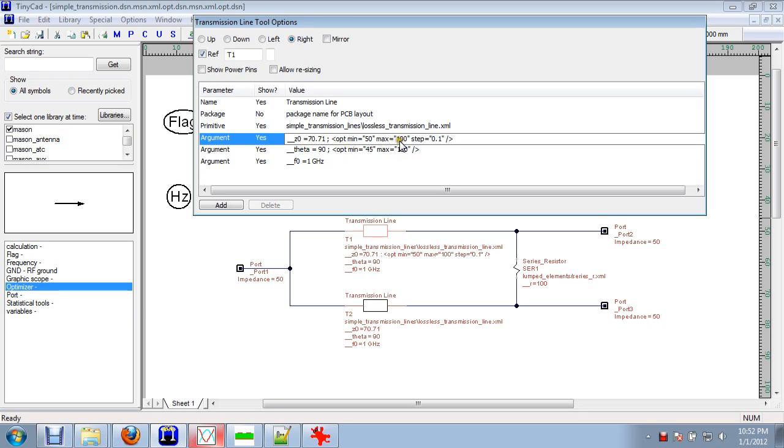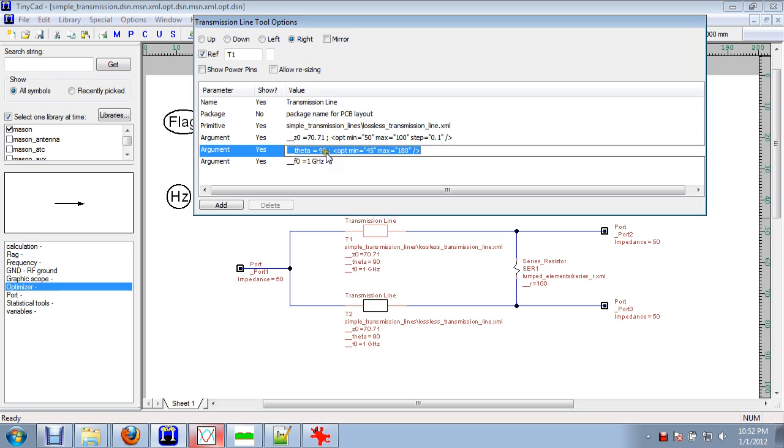a maximum value, and I've defined a step. So it's allowed to, when it optimizes, be 70.7, or it could be 70.8, but it's not allowed to be 70.78 or 70.71 because it has to be in a 0.1 step. The electrical length I've set up to be a minimum of 45 and a maximum of 180, but I haven't actually set a step, so it could be anything that it wants that's a valid floating point number between that